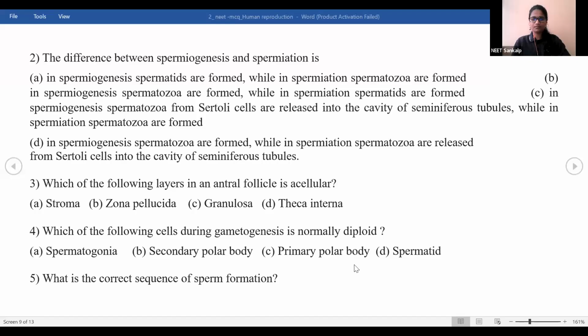Is oogenesis clear to everyone? Yes, guys? Is it clear? Okay. Now I will be sharing the questions. I request everyone to interact in the session through the chat box or through the mic. Now I will ask the questions, because you got questions from oogenesis and you are in a little confusion. One minute.